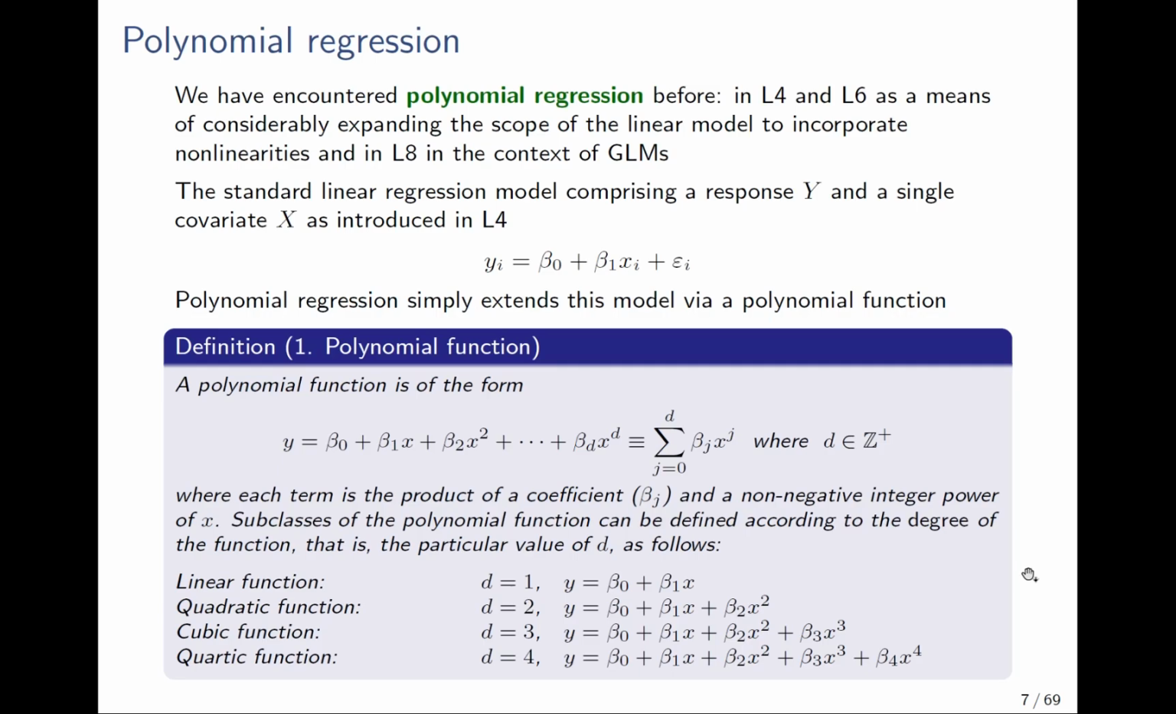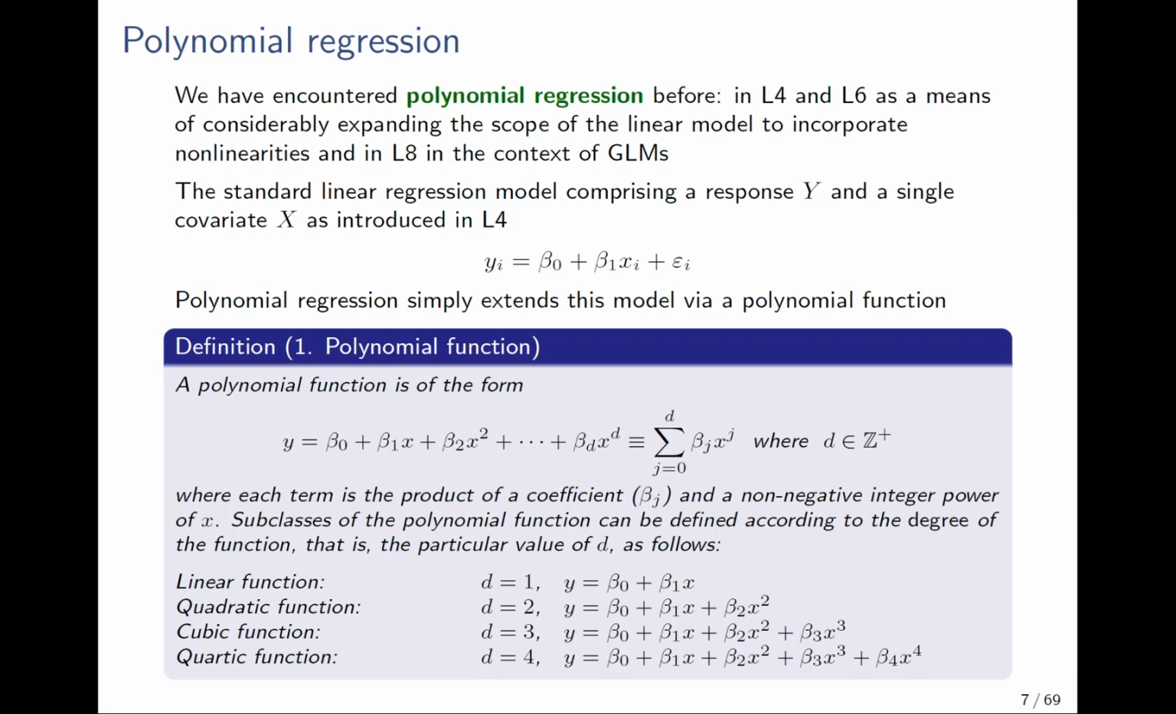Okay, so in this part of the lecture, we're going to look at polynomial regression and step function regression. And we'll start with polynomial regression, which of course we've encountered before. We've seen it in lecture 4, and in lecture 6 we talked about it as a means of considerably expanding the scope of the linear model to incorporate nonlinearities. And in lecture 8, in the context of generalized linear models, we also looked at polynomial linear predictors